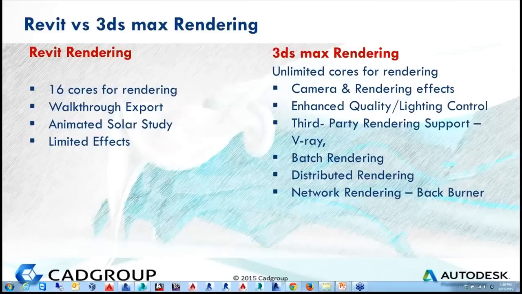Another feature in 3dsmax rendering is called distributed rendering, where to render a single image you can use multiple computers, which is definitely not possible with Revit. So imagine I'm rendering 6000 by 6000 pixels at maximum high quality, and one computer might take maybe 8 hours. We can use this distributed rendering technology to render one single frame utilizing any number of computers